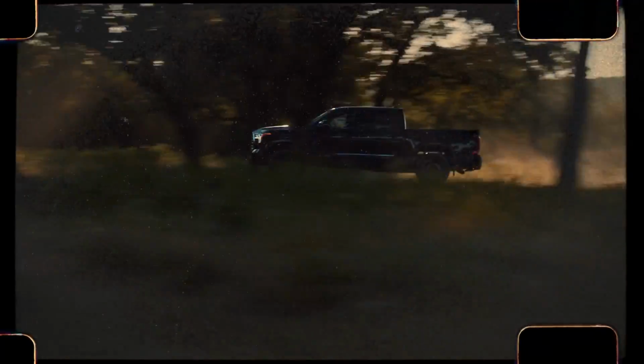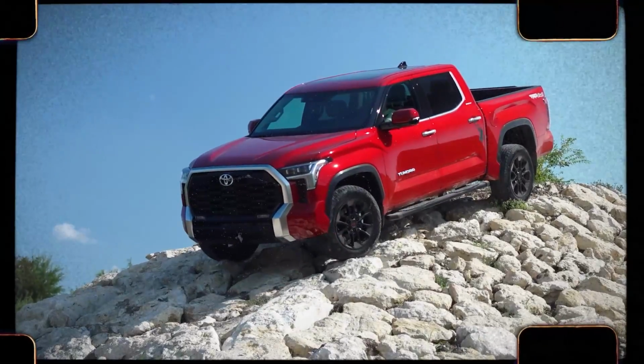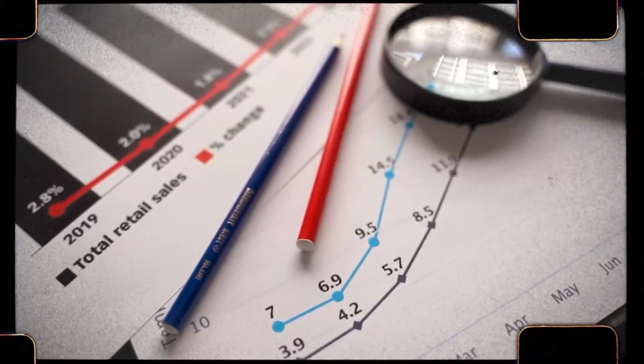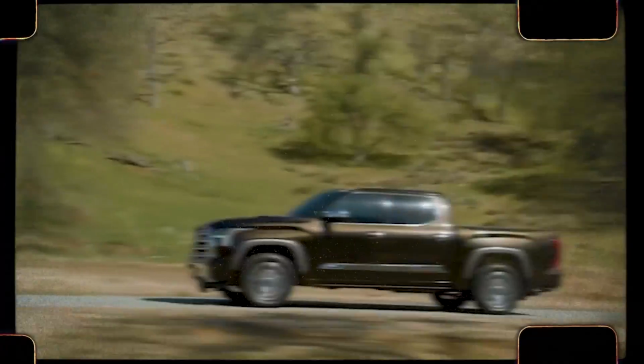The new generation of Toyota's full-size pickup finally arrived last year, but despite the significant improvements, the Japanese pickup still can't keep up with the big three in terms of sales numbers. Well, this might change with the next year's Tundra, as the company has prepared a set of interesting novelties for